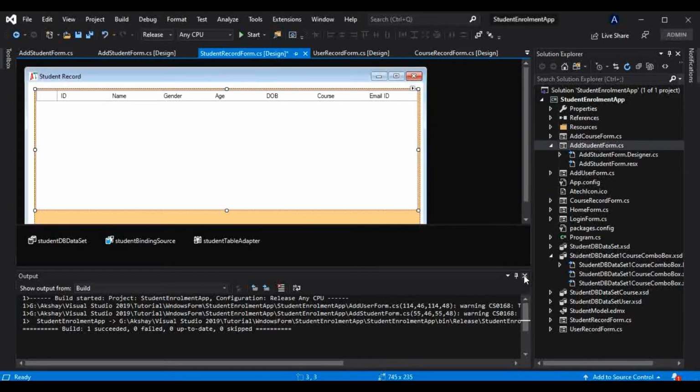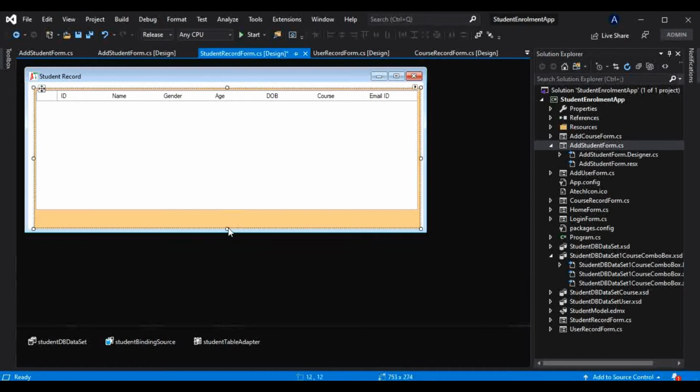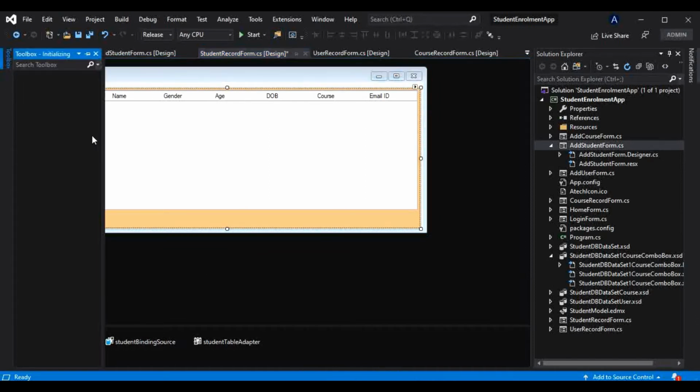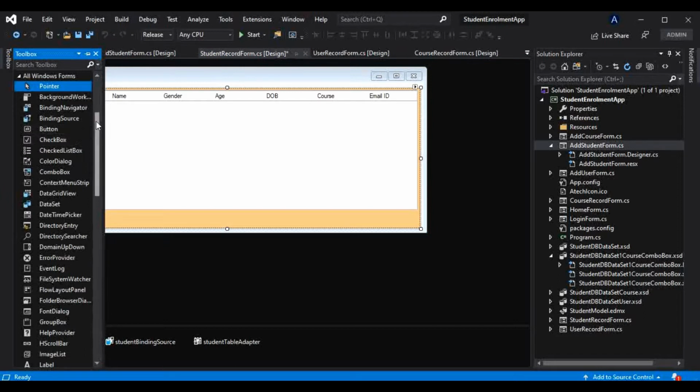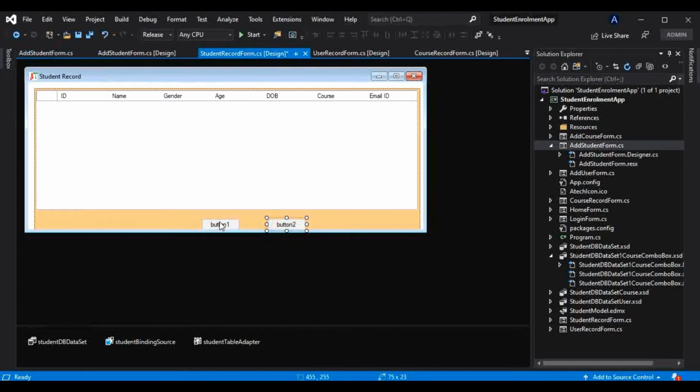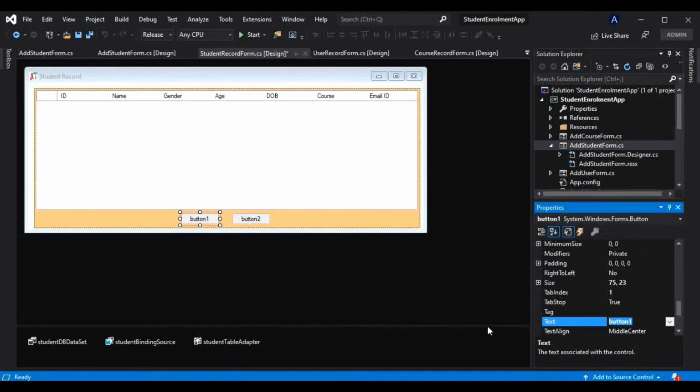And now what we will do, we will just drag and drop two buttons here. Why I am doing that, I will explain in a bit. So first button, let me add another button here, and I will rearrange this somewhere here. I will name the first button maybe save. The name of that also I have to change here.